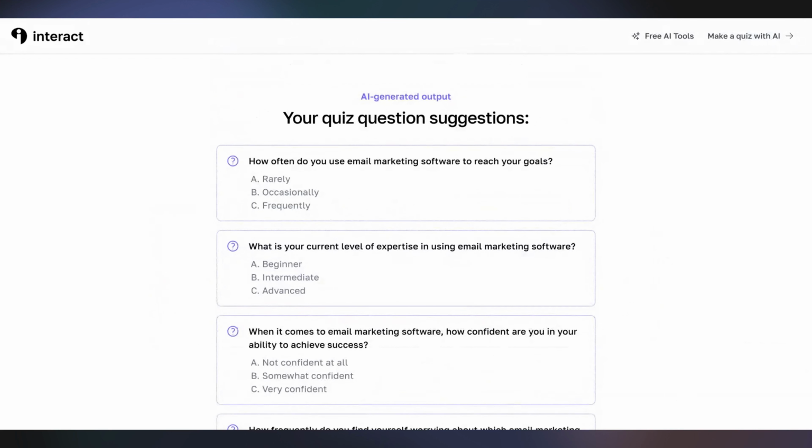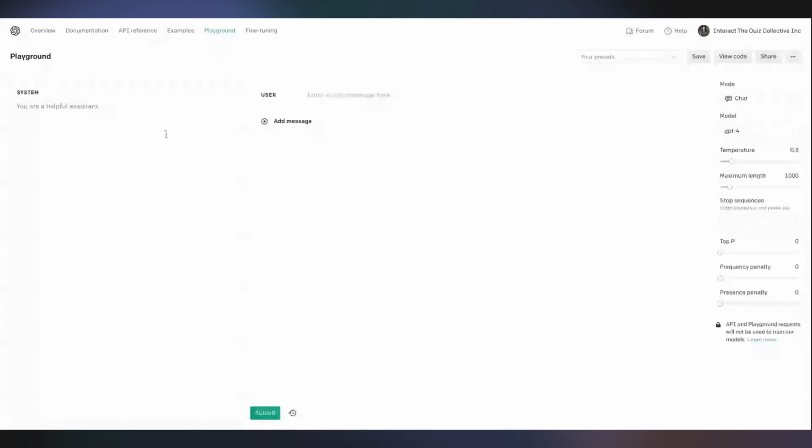Yeah, and I can show you, just to jump around here. So now I'm in ChatGPT, right? So if you were to say, I want to make a quiz titled, which email marketing software should I use? I'm going to copy a prompt that we have from over here that you can't see, but